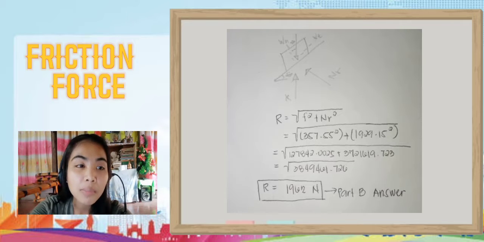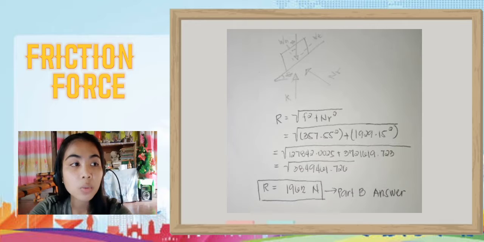So, alam naman natin kung ano ang value ng normal reaction at ang value ng force kasi nakuha na natin siya kanina. Nasolve na natin siya sa part A. So, ang force natin is equal to 357.55 Newton squared plus ang normal reaction natin is 1,929.15 squared equals